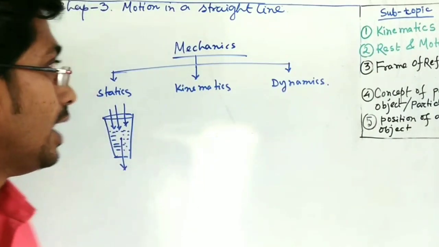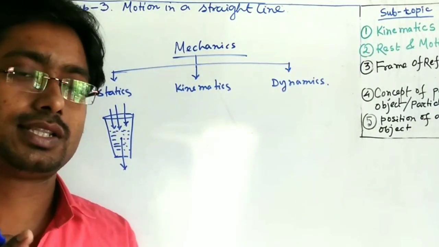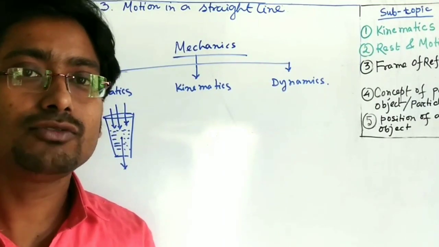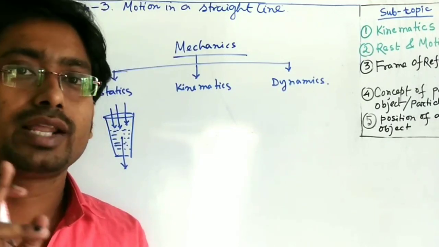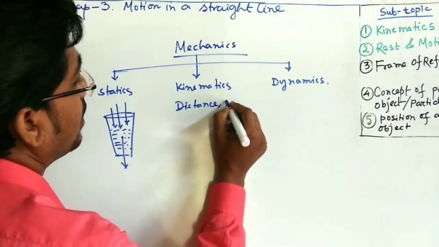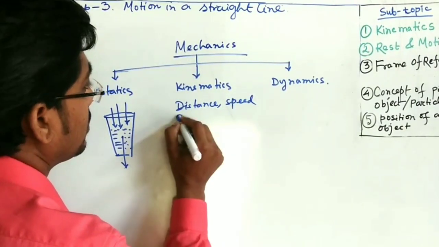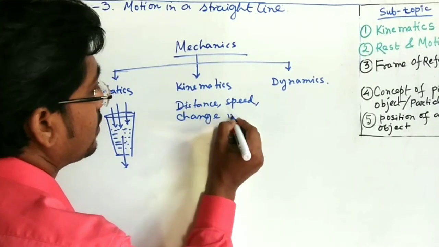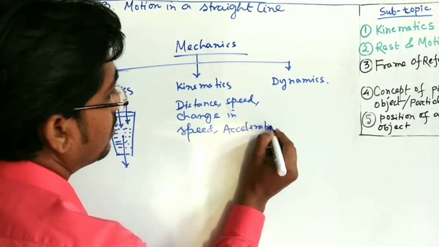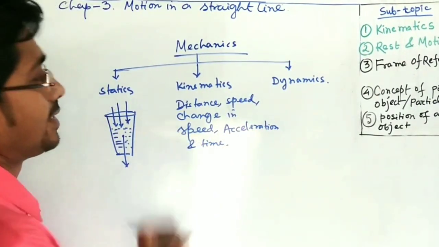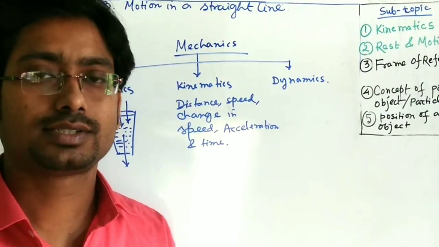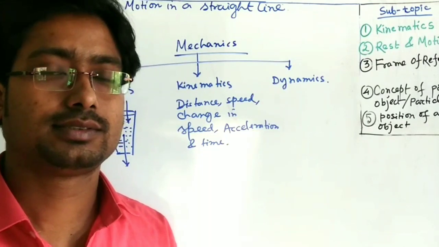Now kinematics. The meaning of kinematics is that it is motion. It is the study of motion in which the cause of motion is neglected. We will not deal with the cause of motion, but we will deal with the parameters of motion like distance, speed, change in speed, acceleration, and time, etc. So in this branch of mechanics, we'll deal with the object,